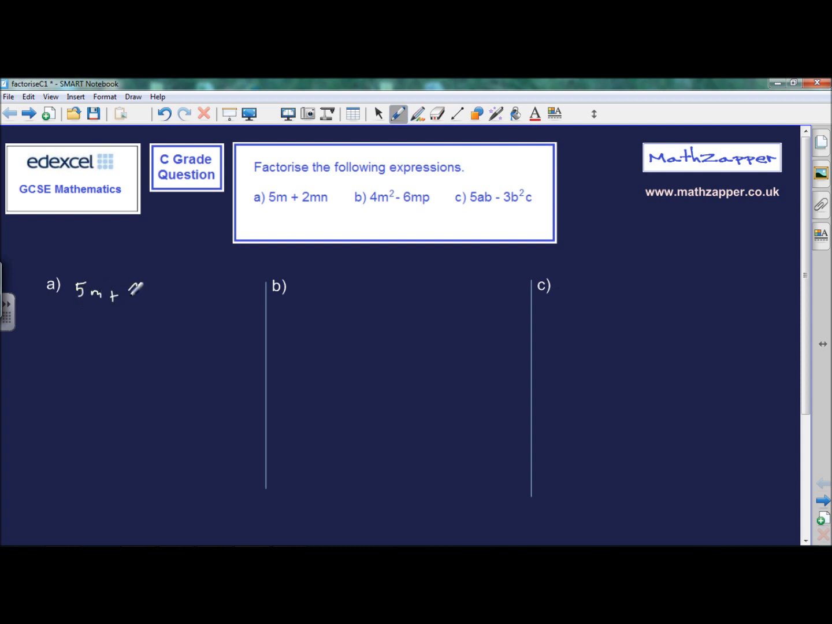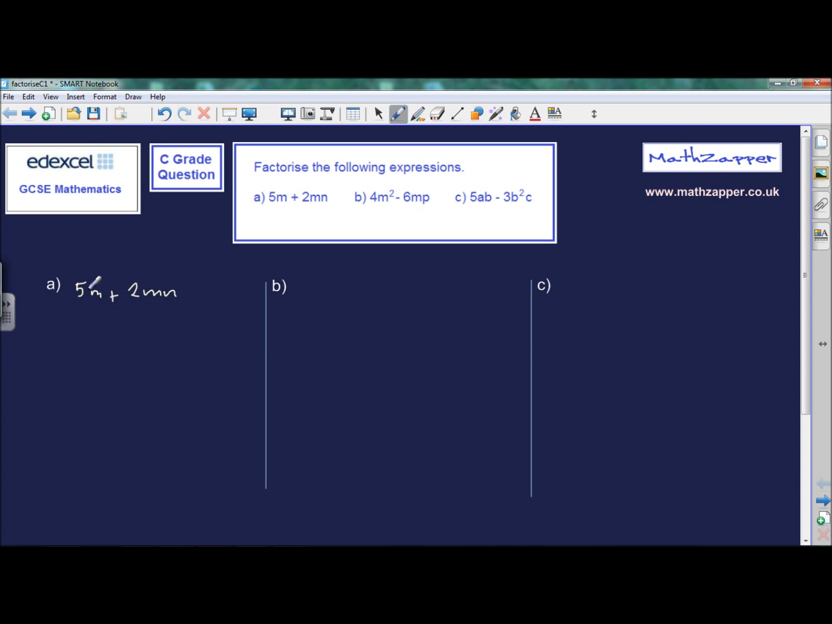plus 2mn. Now with factorising, all you need to think about in an exam is it's the opposite of expanding brackets. So in other words, you're expected to put some kind of brackets into the answer. Always good practice, I think, to start with the numbers. Is there a common factor in this one? The common factor of 5 and 2 is 1, so not really. So you can't do anything with a number, and then look for the letters to see if you can factorise